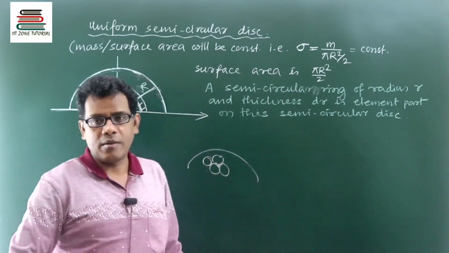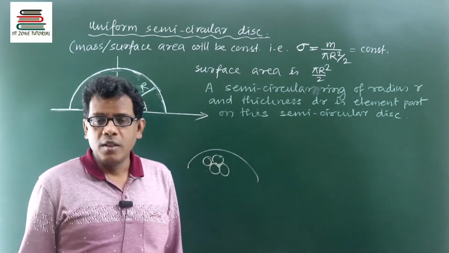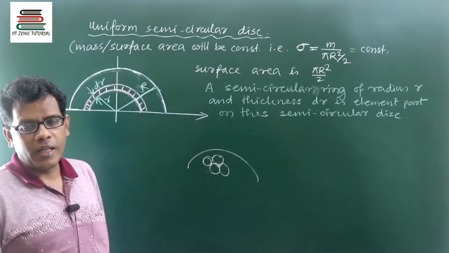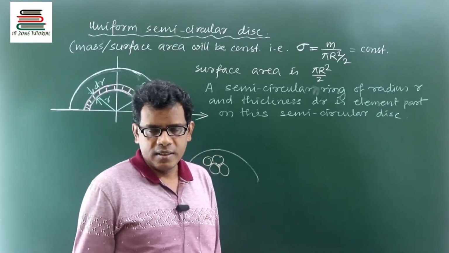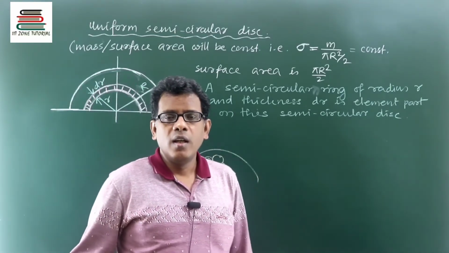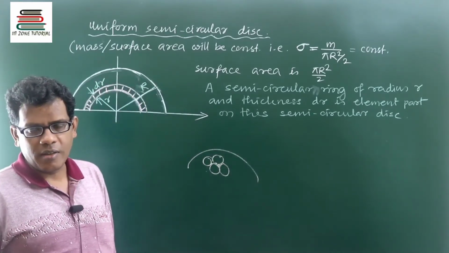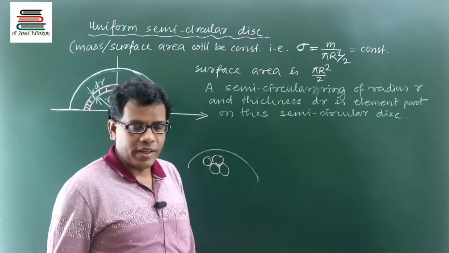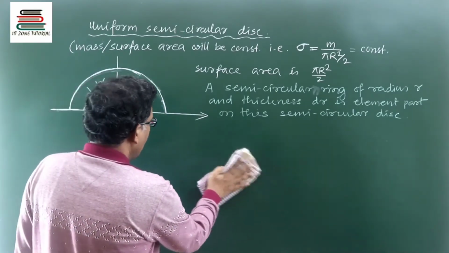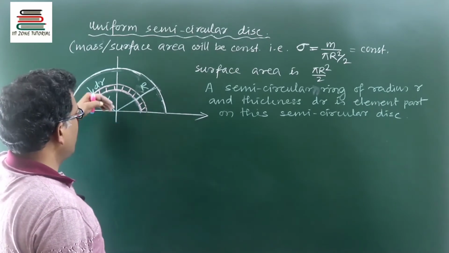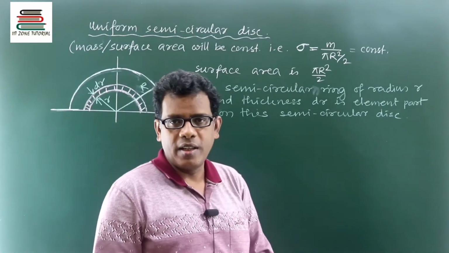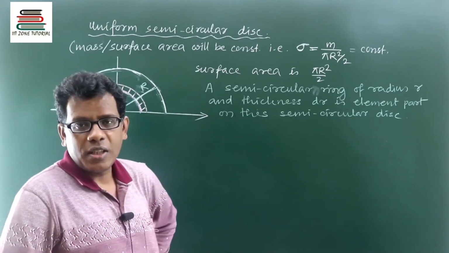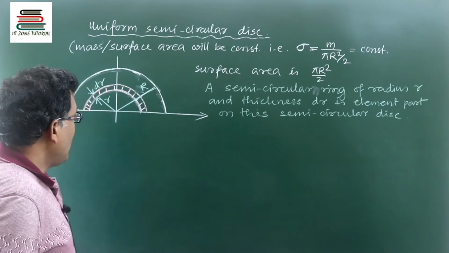So on the surface of the semicircular disc, we must choose the element body in such a way that all the element bodies taken together will use the entire mass of the semicircular disc. No unused mass can be left, right? So that's why you can understand that semicircular rings can compose the semicircular disc. With the thought of semicircular rings, we can grow or complete the structure of the semicircular disc. And this is the first thing.